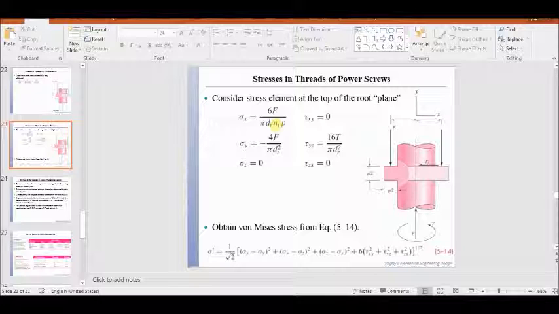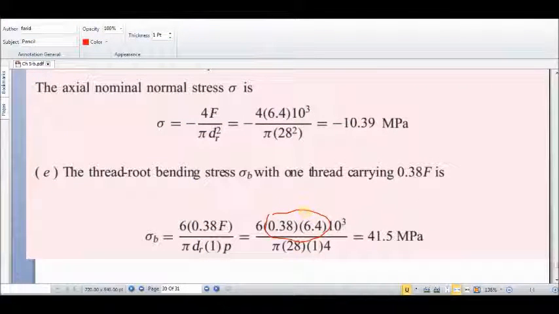Either we substitute the number of threads which are engaging, but I believe that the most accurate method is to only find for the first thread, and instead of F we substitute 38% of the load. Okay, so we will find that the bending stress at the root of the first thread is